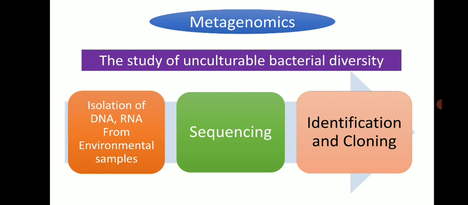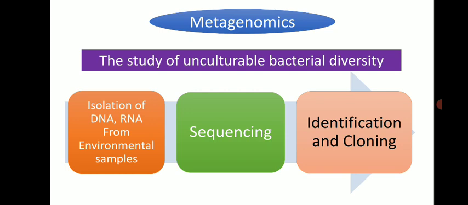So let's recapitulate what metagenomics actually is. It is the study of unculturable bacterial diversity, and here the study is carried out for those microorganisms that we cannot cultivate in laboratory conditions by providing an artificial environment. Or they resist culture. We have already discussed the strategies, and here the basic scheme that is used in metagenomic analysis is given. So it is a very straightforward approach.